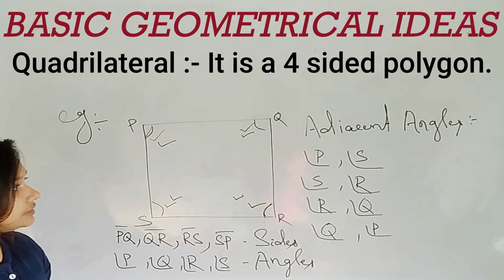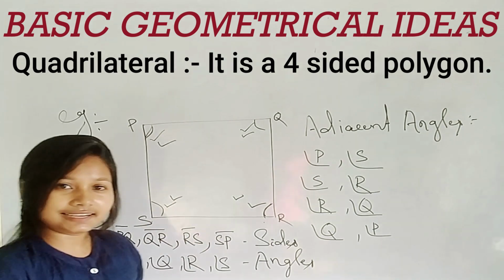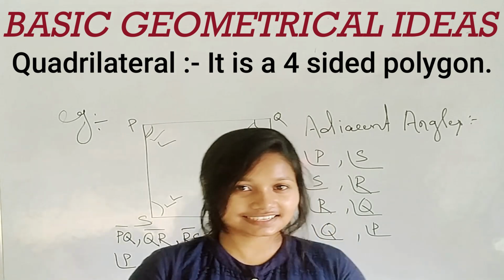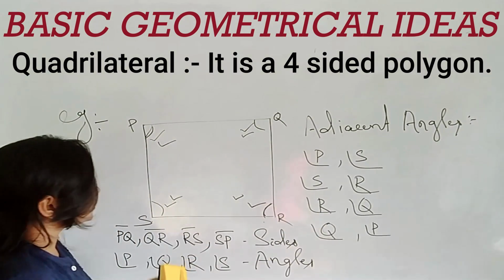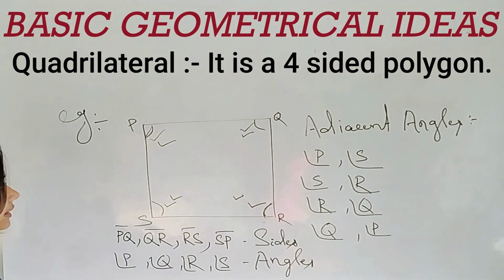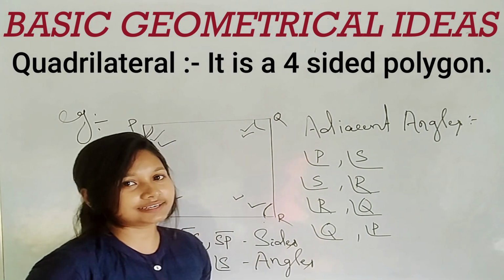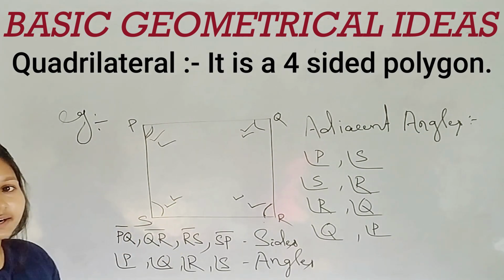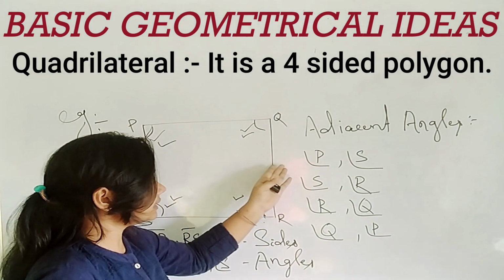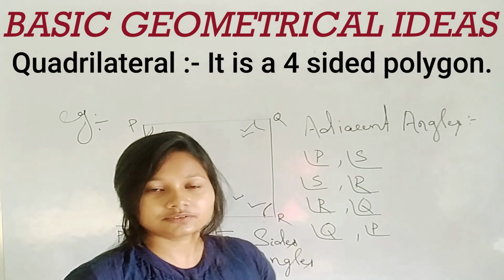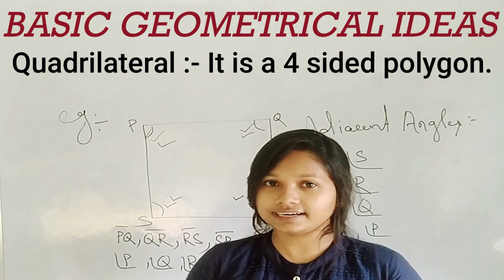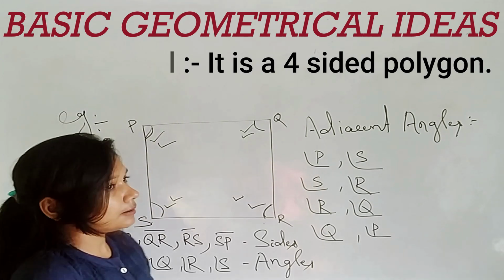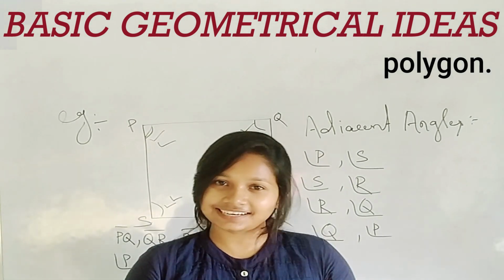This is all about our opposite sides and opposite angles and adjacent sides and adjacent angles. In this picture, we also identify the position of a quadrilateral, right? As we know, the inside part will be our interior and the outside part will be exterior, right? And the boundary part will be known as the boundary of that figure, right?